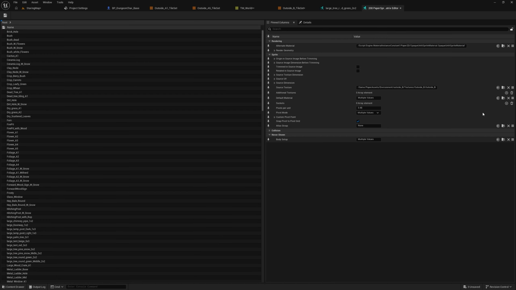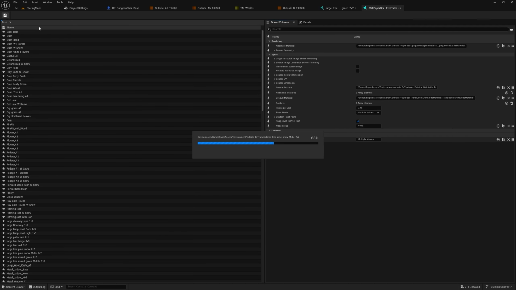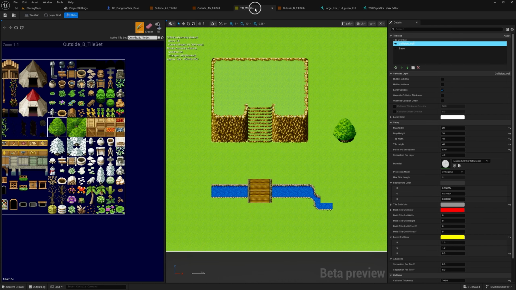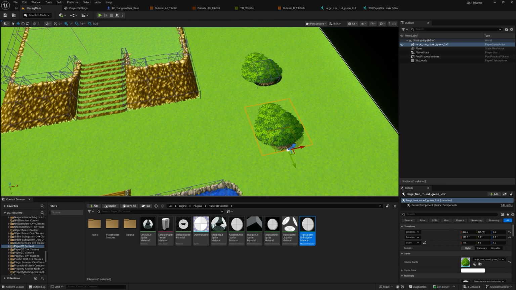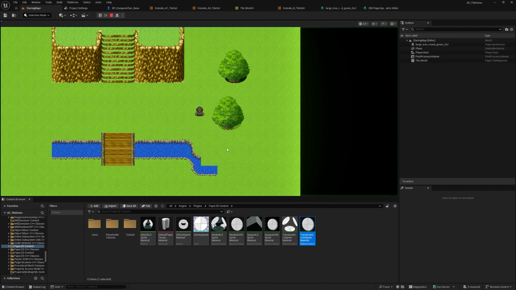to these guys, and I'm just going to slot this into the default material, so that way they all have that. Now the reason why is so that when I, instead of coming into the tile map, I'm over here, I just put this at 270, and if I were to play from here,